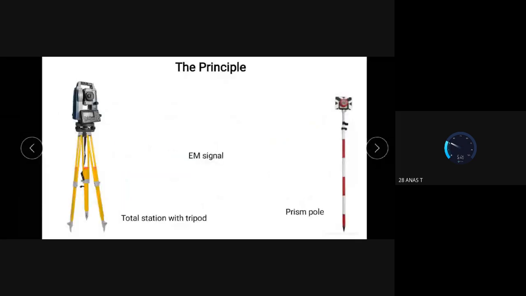Here you can see, this is the total station. We mount this total station on a stand. The stand has 3 legs, and it is known as a tripod. So we usually mount this total station on a tripod, and we will be spreading the legs of the tripod, and setting the total station at some point. And we'll be doing some primary adjustments for the total station that have to be done at every instrument setup. After that preliminary setup, we will view the point which has to be identified.